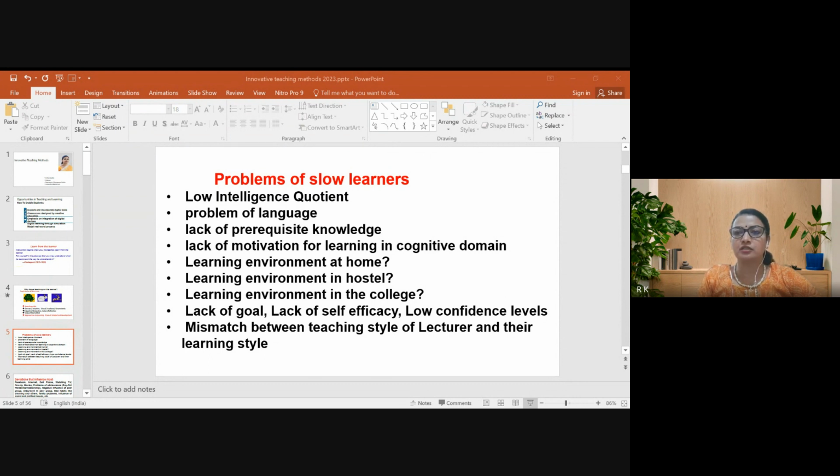Okay, so the first teaching method could be active learning. I would like to define here what active learning is, because with active learning, we say students have to participate, but it is an instructional method that engages the students in the learning process. In short, active learning requires students to do meaningful learning activities and think about what they are doing. Because the average retention rate of the student, as I'm showing you in a pyramid, is 90%, 75%, and when it comes to normal lecturing, only 5%.